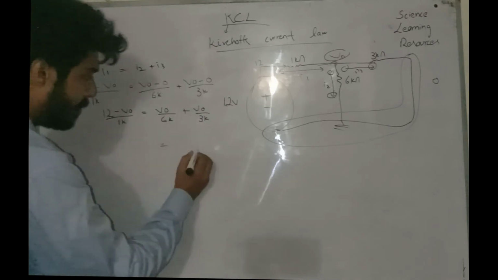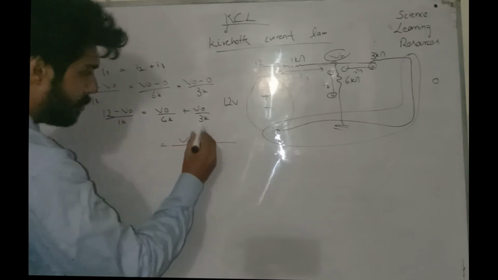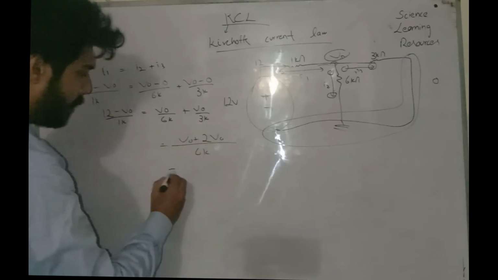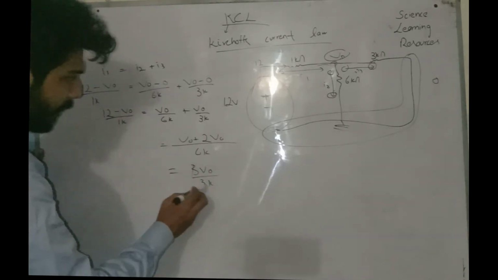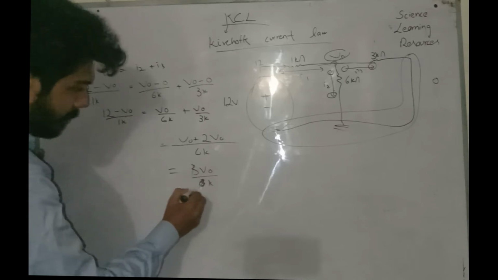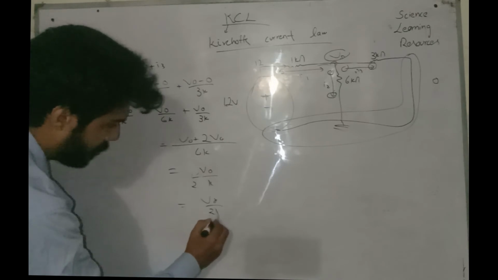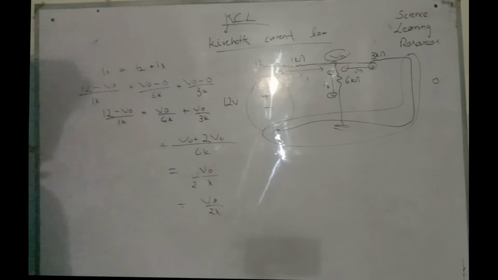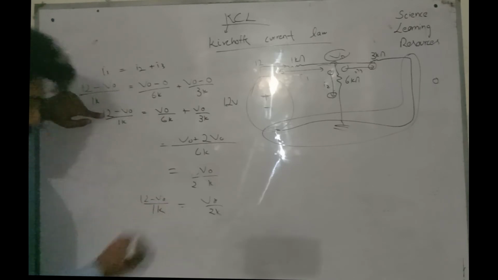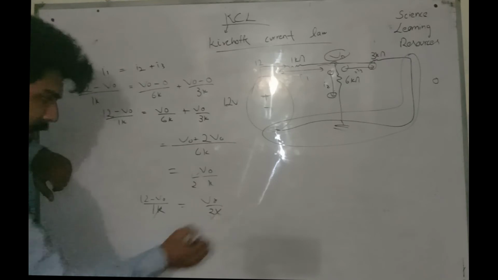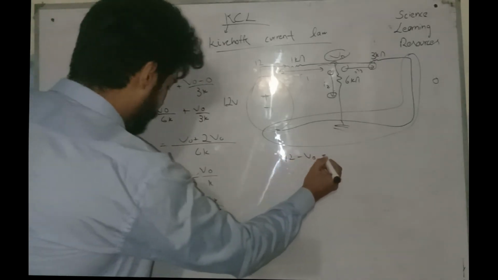So after this I have to take it as common, and V0 plus 2 V0 equals 3 V0 by 3 kilo ohms of resistance, and 6 3 2. So I will be left with V0 over 2k, and here I have 12 minus V0 by 1k. This k will be cancelled out with this k, and I will be left with 12 minus V0 equal